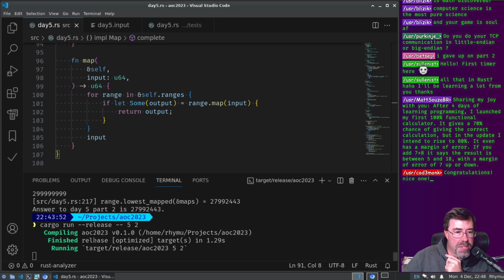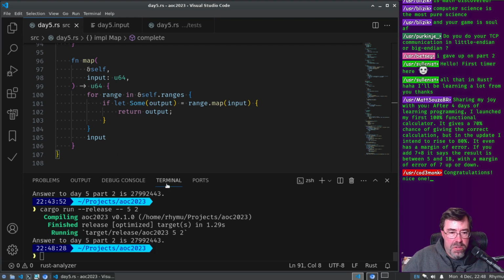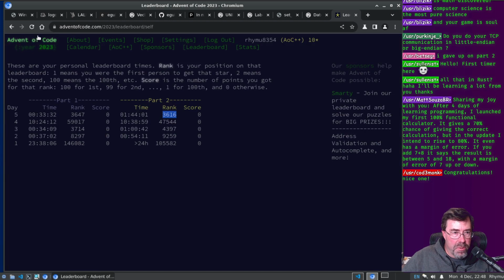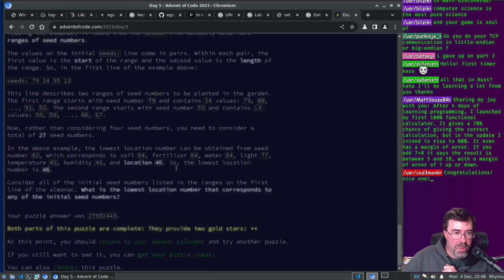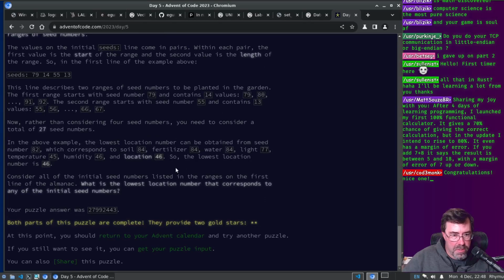I probably should have run a timer on that. It's more than a minute, right? It's probably why a lot of people had trouble, because even a release build took a while. So I'm guessing that a less brute force solution would be to work this map backwards. That's the correct answer, right?